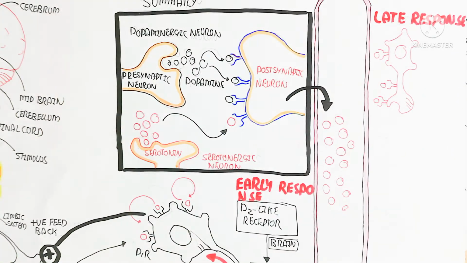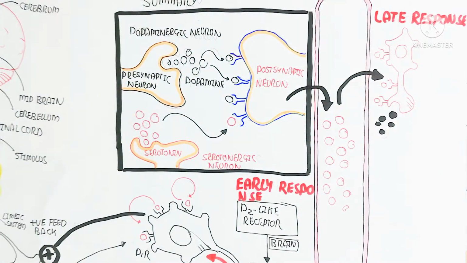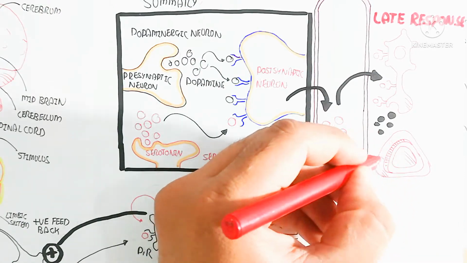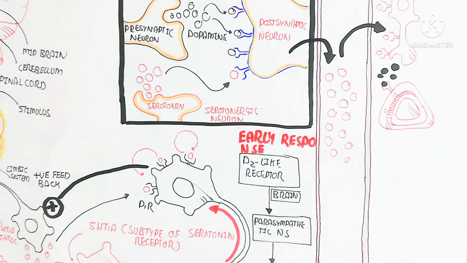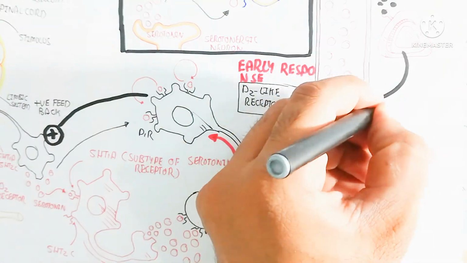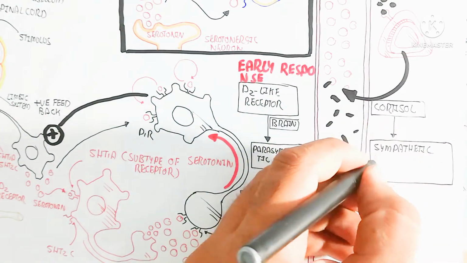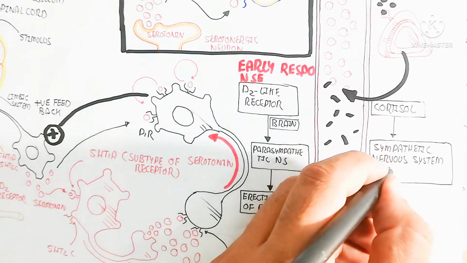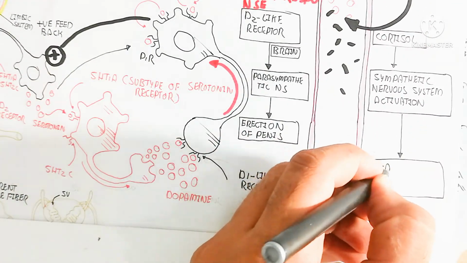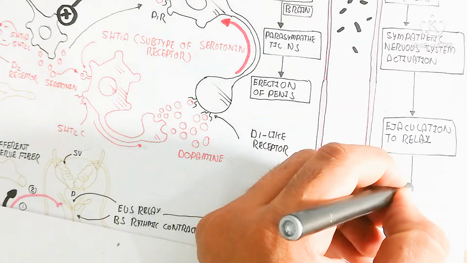And in this manner, the late response means the sympathetic nervous system activation through a postsynaptic neuron, which is interconnected, will stimulate the adrenal gland. Also, the norepinephrine release will target different tissues, the body tissue, and in this way it will release cortisol. Cortisol will target vasoconstriction and vasodilation. So the vasoconstriction will occur and lead to a decrease in the erection of the penis, and the sympathetic nervous system activation will lead to ejaculation, and the